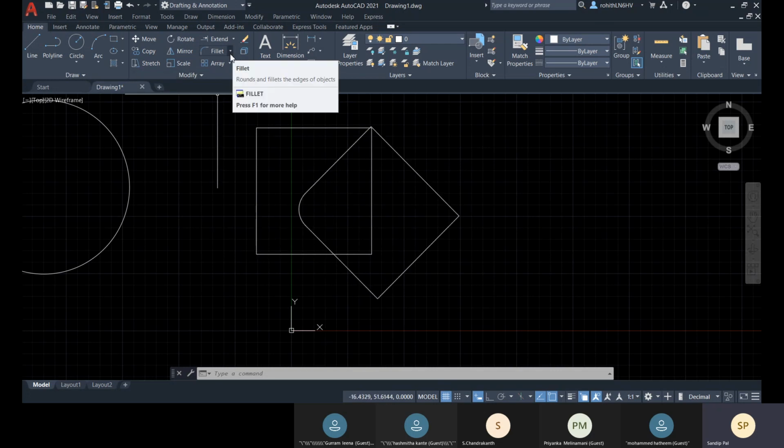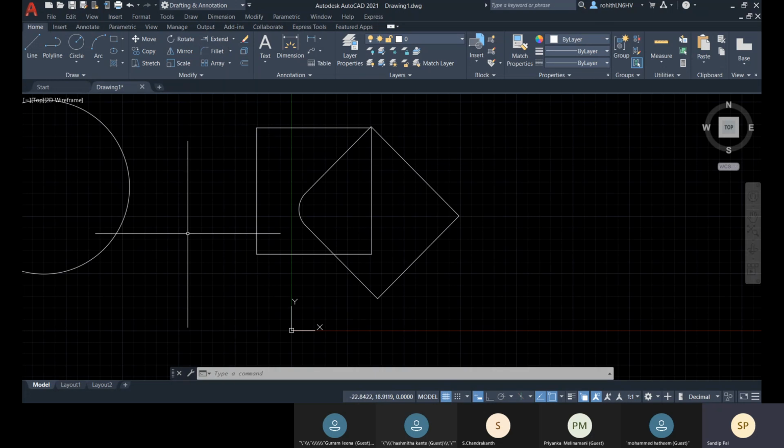Again, you have to choose the fillet option for another corner fillet. But we have the flexibility that if I go for this multiple option, I can use the same radius multiple times. If I want to go with the same radius, then I can go with this multiple.